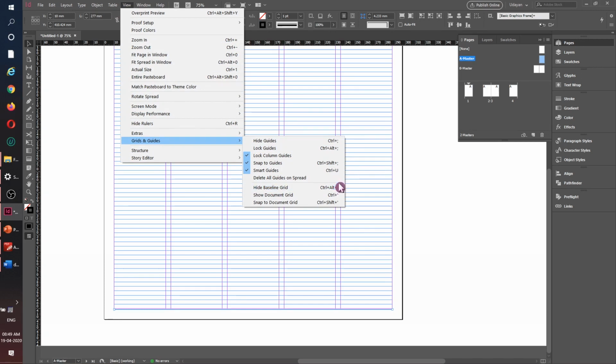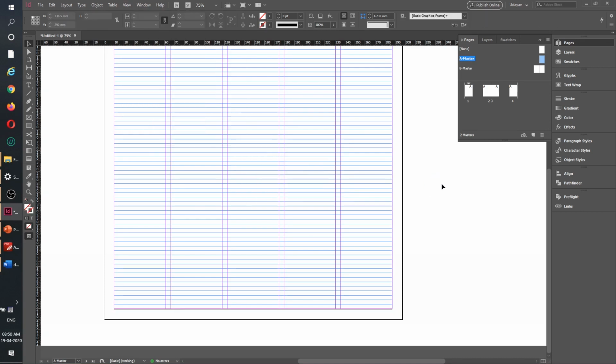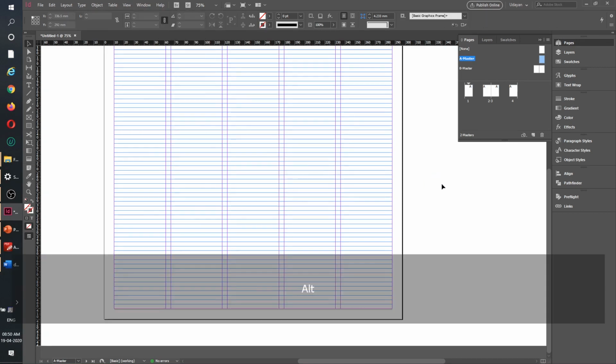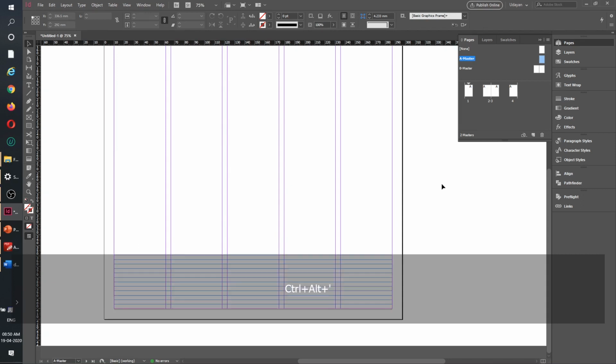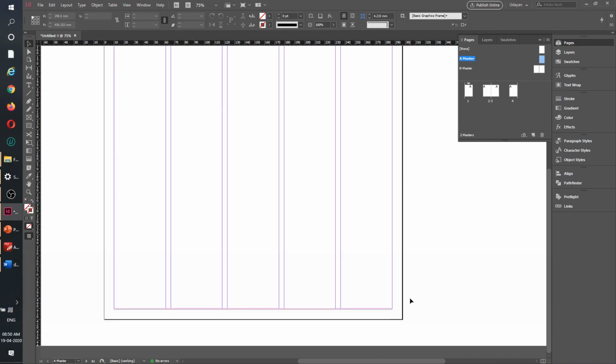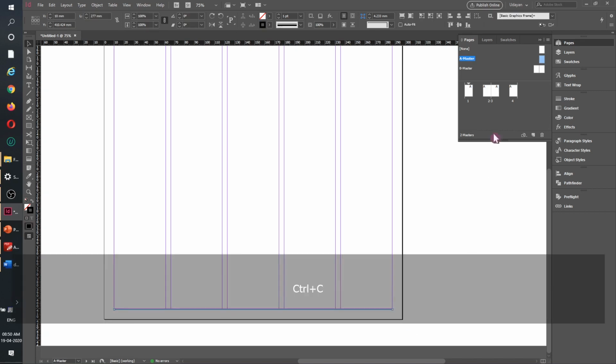This shortcut is very handy if you can remember. That is Control, Alt, and quotation mark. Let's try it once. Control, Alt, and your quotation mark. Cool.